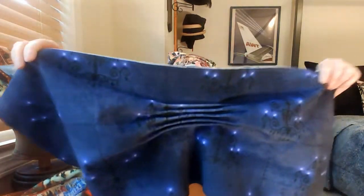But the next step after I cut that piece out is to stitch these tucks into it, which, can you see them there? I love this printed velvet because you get such a nice dimensional highlight where these tucks are, and that sort of brings me back to an element of this first one that I made,